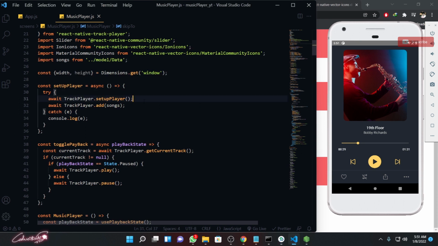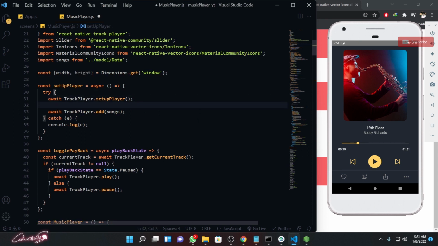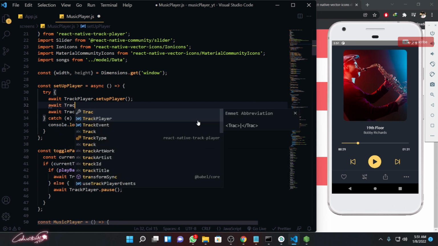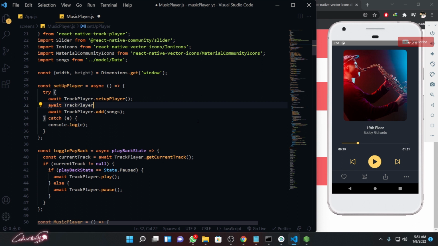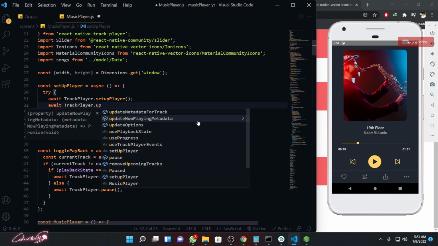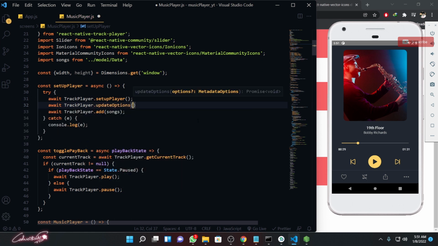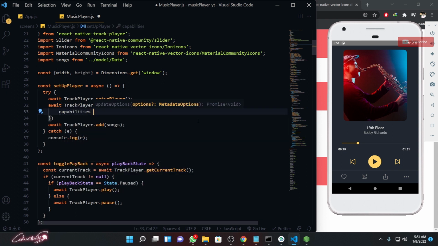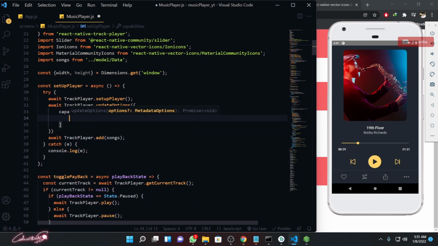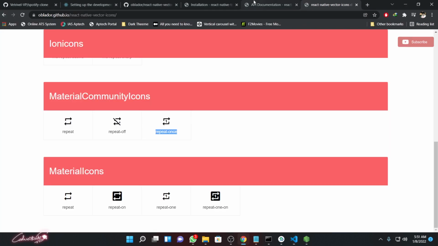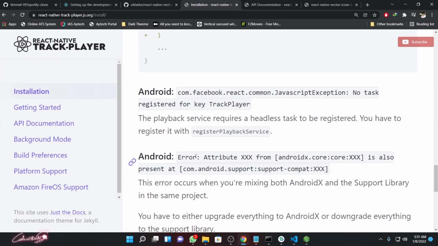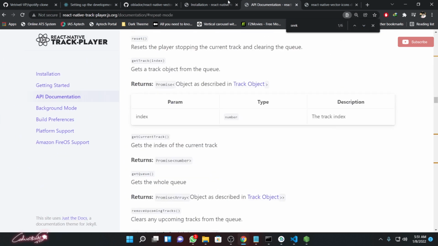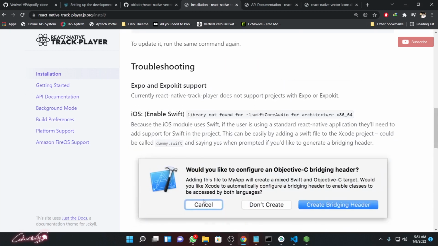So where we are setting up our track player, we need to update that track player. Await TrackPlayer.updateOptions. We need to update these options, that is, the track player capabilities. So if you go to their official website and scroll down to their API documentation, not here, where is it,